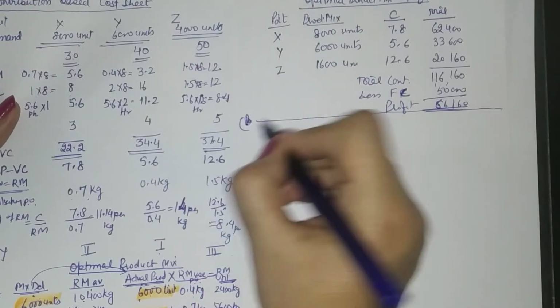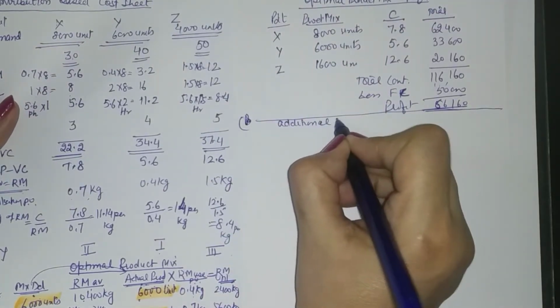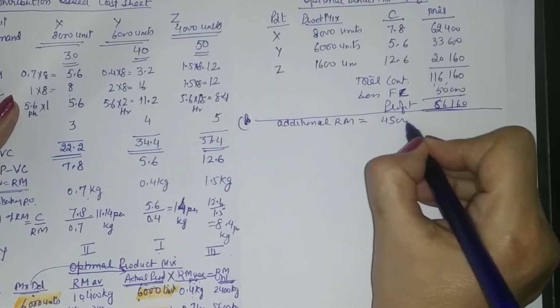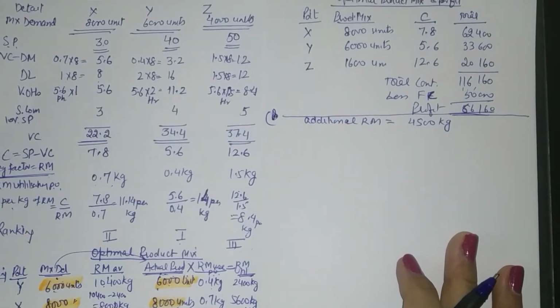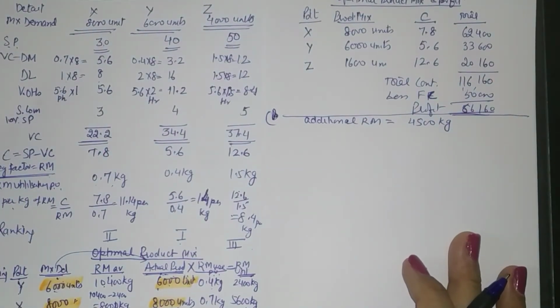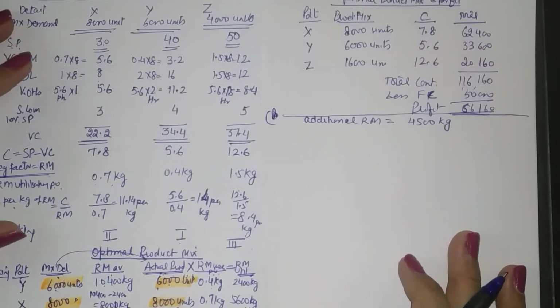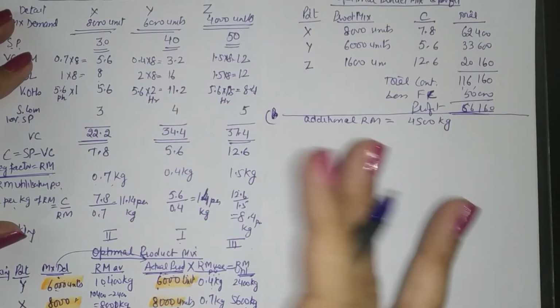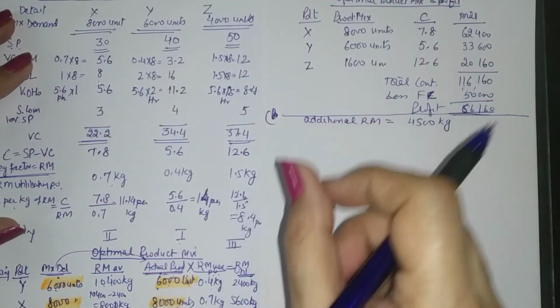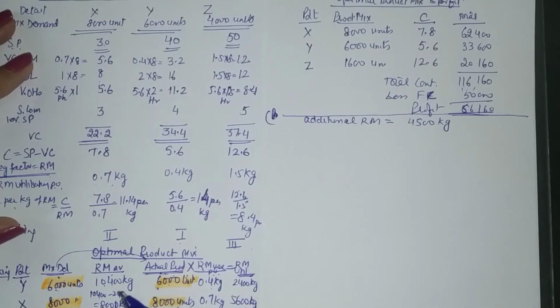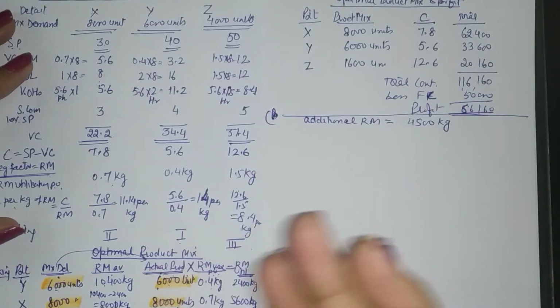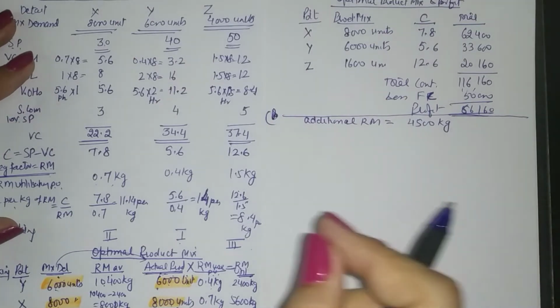So now you have to decide that if you have additional raw material available, 4,500 kilograms, should we go for additional production? Now when we are deciding for additional production, we will have to zero in on which product line will be taken here and how many units will be produced. Once it is decided, then we will go for calculation of profit or loss, because in businesses we make decisions regarding production or sale based on profit. So if with the additional production we are getting profit, then we will go for additional production, else we won't go for production. So first of all, let us zero in on the product line.